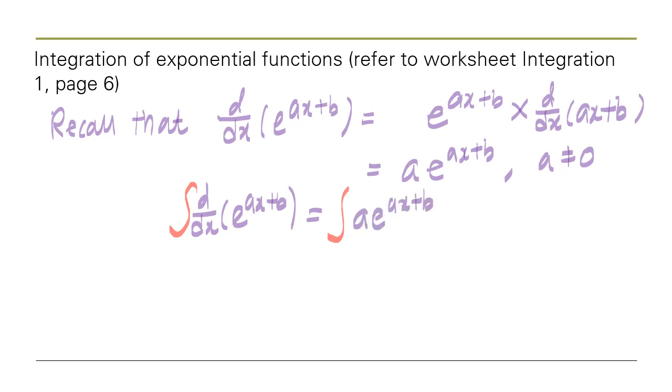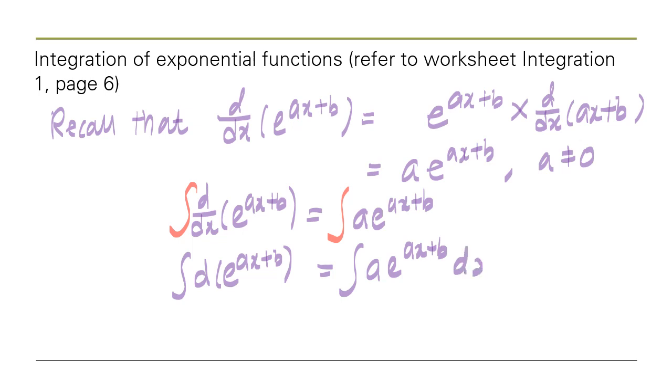Then the next step is to multiply by dx on both sides. So you will end up getting this. Then recall that integration is the reverse of differentiation. Hence, what you are left with on the left hand side will be e to the power of ax plus b. And on the right hand side, because a is a constant and a is not equal to 0, you can just extract the a